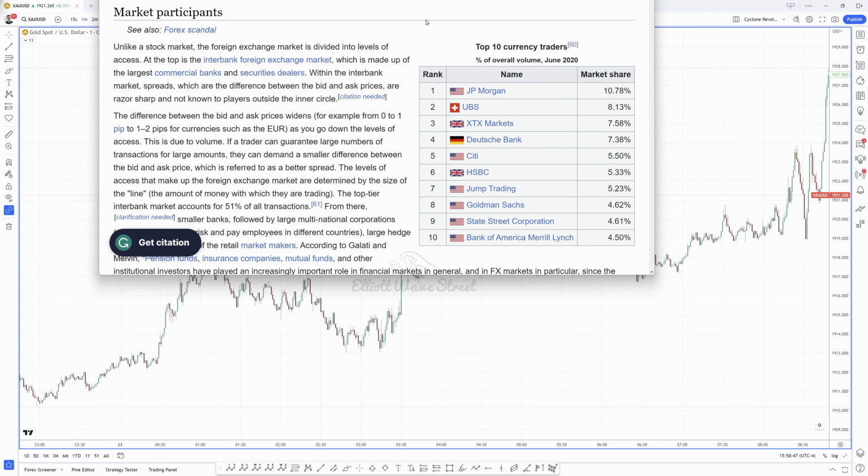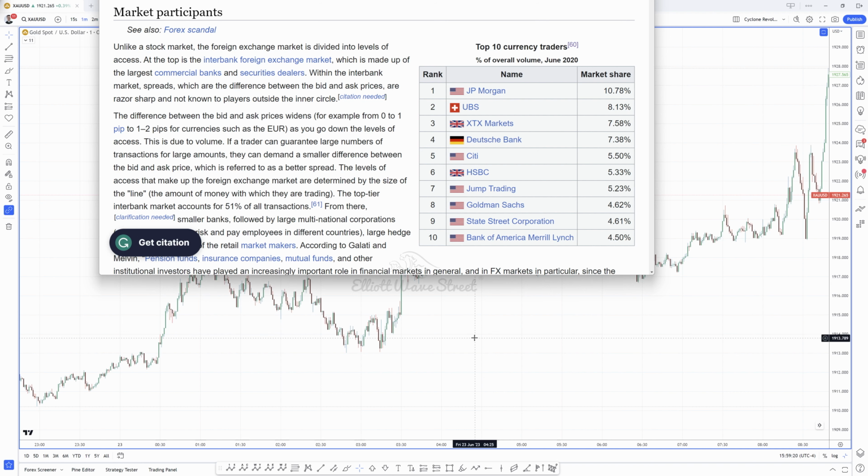So in this example, on the currency market, on the Forex market, as you can see, these 10 institutions that we have here are providing roughly 64% of the volume on this market. That's crazy. And these are the ones that are making money. So we can say that all the other institutions and individual persons trading the markets are the rest of the percentage out of these 64%, which is crazy.